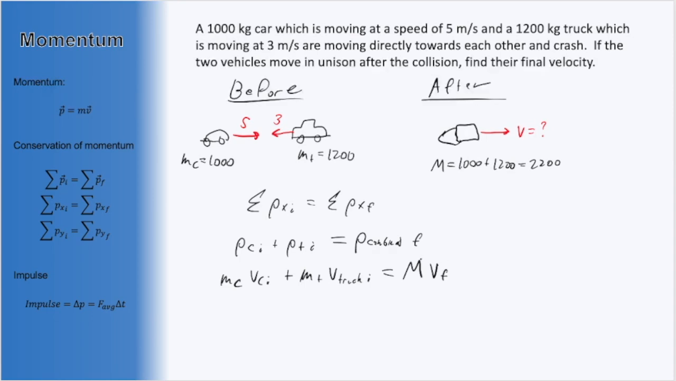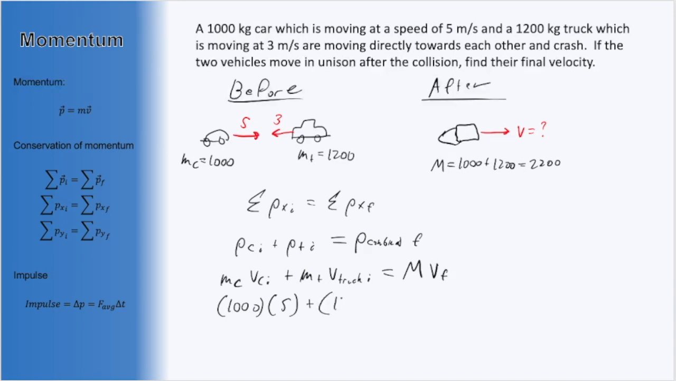Now if I start plugging in everything I know, the mass of the car is 1,000. The velocity of the car, we are given that it has a speed of 5. The way I've drawn my diagram here, it's going to the right. So just like forces, keep track of which direction all your velocities are going. I will use a positive 5 since the car is moving to the right, plus the mass of the truck,